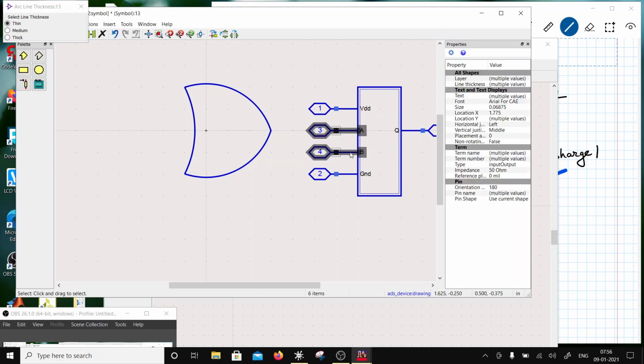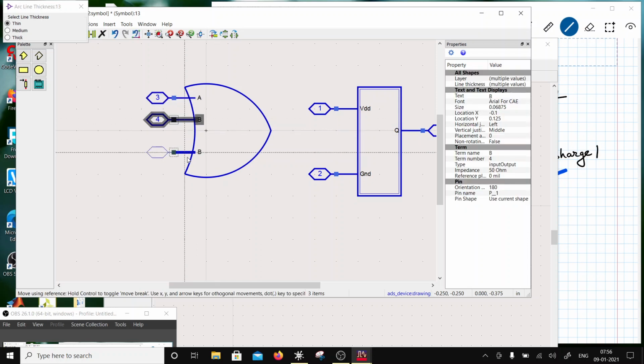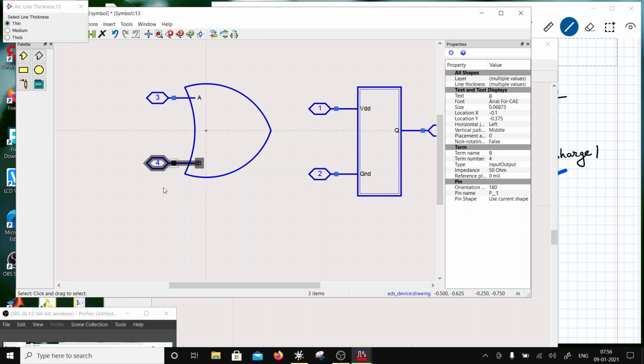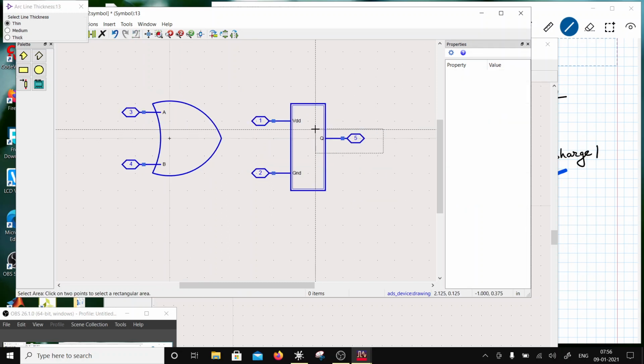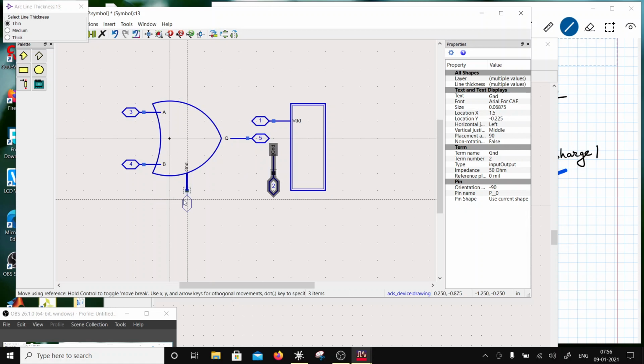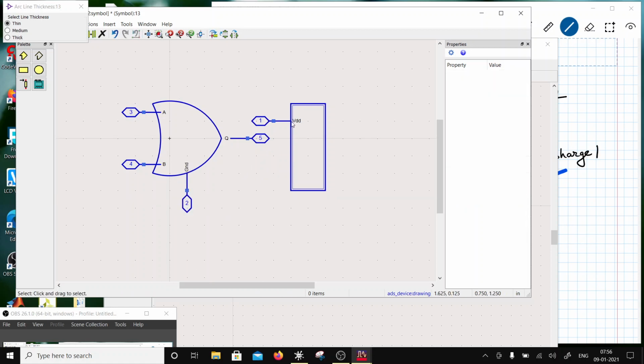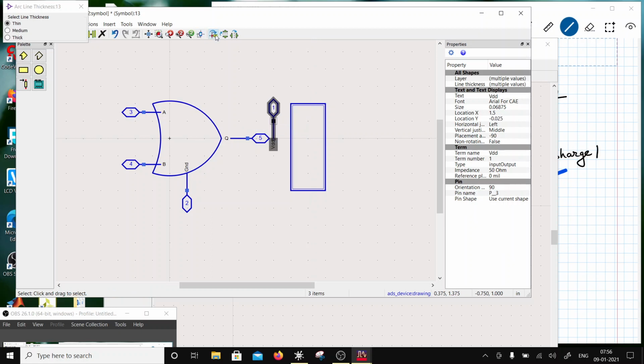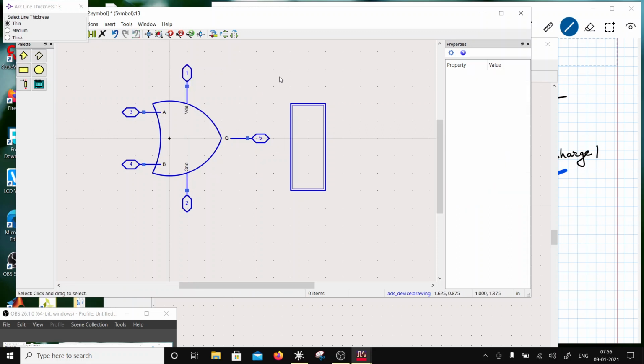So these are my AB inputs, so they are going to go here. So kind of not adjusting, that's okay. Okay, so these are my A and B inputs, and then I'm going to have a NOR gate, right? So Q output, which I'll keep over here, and then I have a ground, which is over here, and then I have a VDD, which is over here, right? And I'll get rid of this stuff, and then I will switch off the grid for the time being